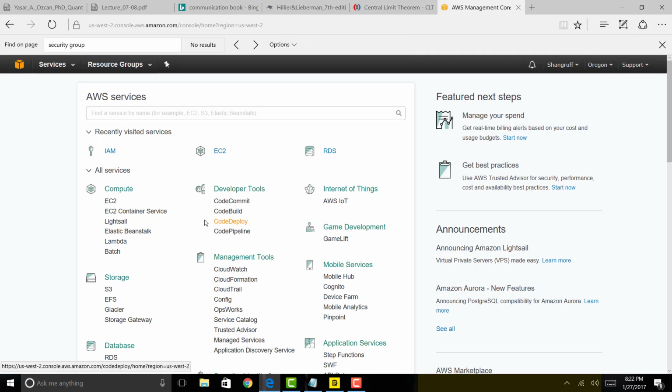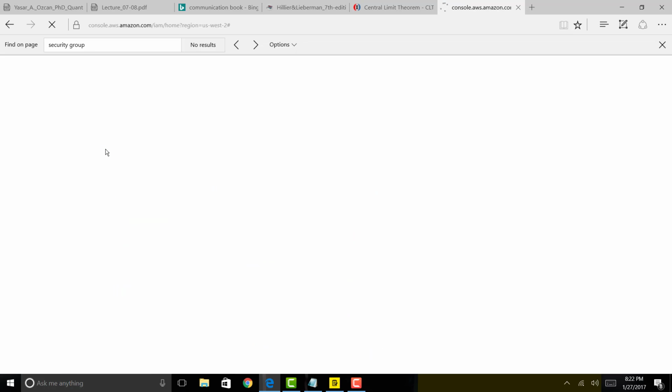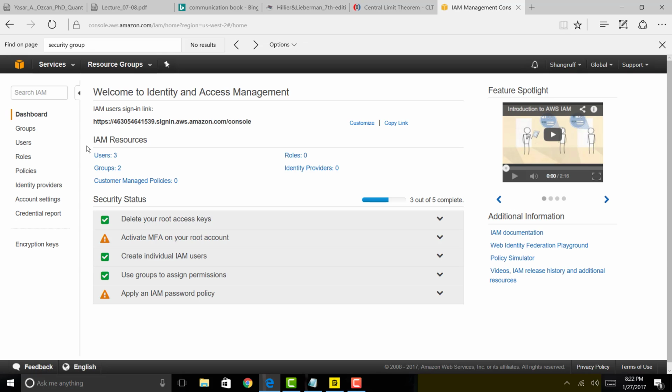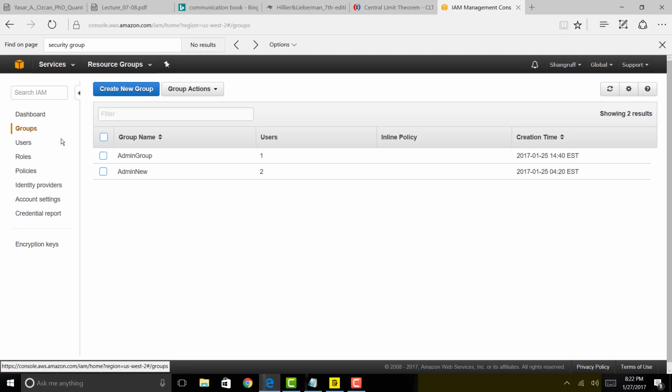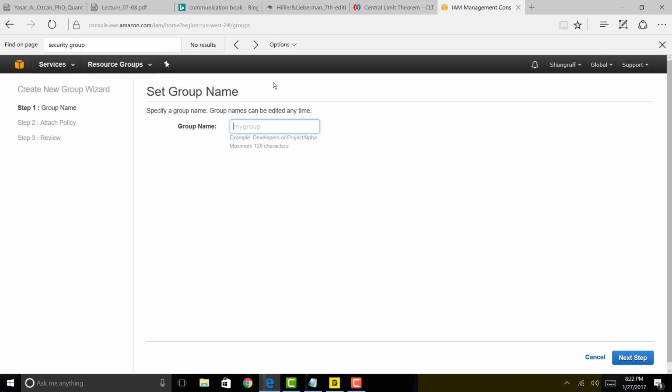So let's start with the first step, that is creation of group. So for that we'll be clicking onto IAM, that is Identity and Access Management. So it basically securely controls the access to the AWS services and the resources for the IAM users that we'll be creating later. So first we have to create the groups, so we'll click on groups, and here we'll click on create new group. We'll provide the name as